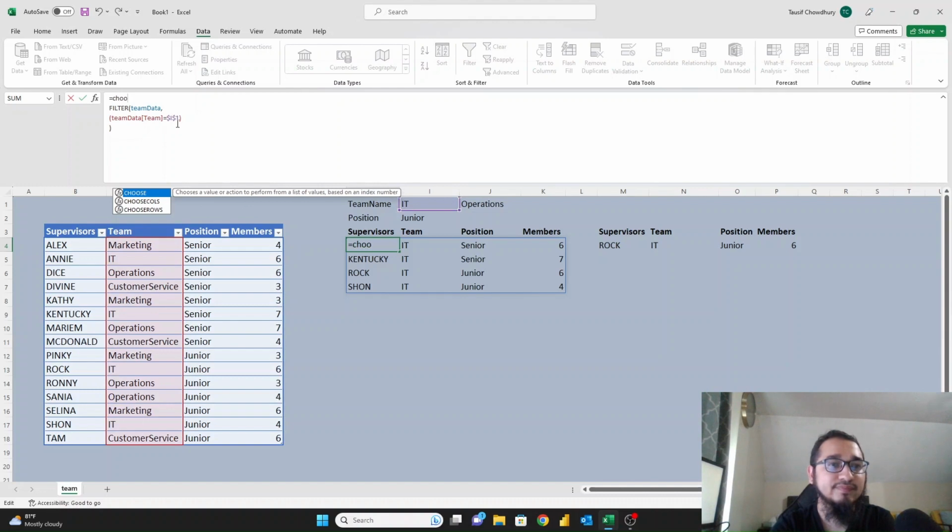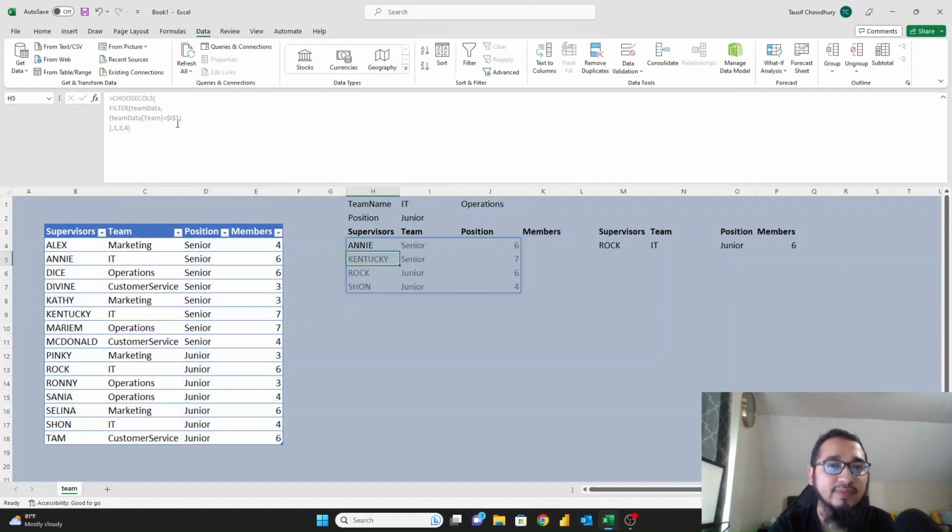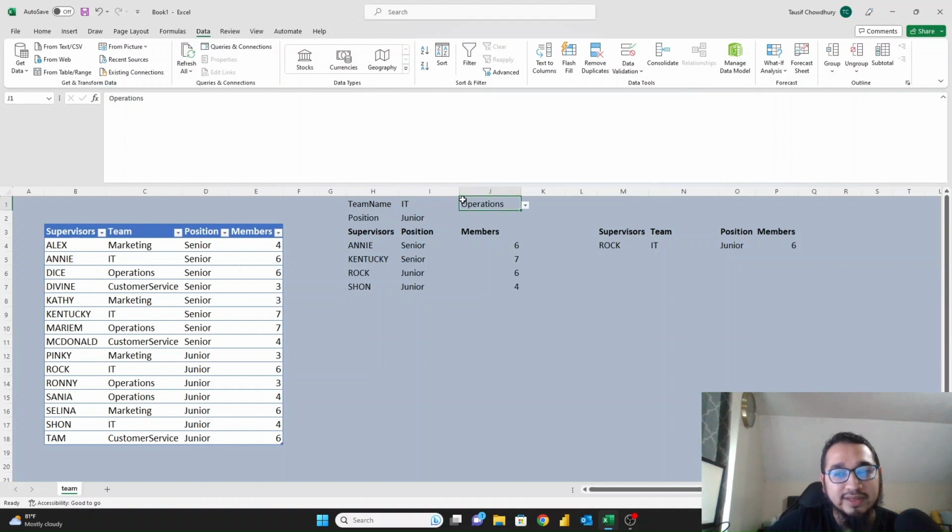CHOOSECOLS function. This is my array, and column numbers will be 1, 3, and 4. See, we don't have the team anymore. The position and members come forward. So it is giving us a more neat result because our IT member is showing here, and we don't need this one as well. So